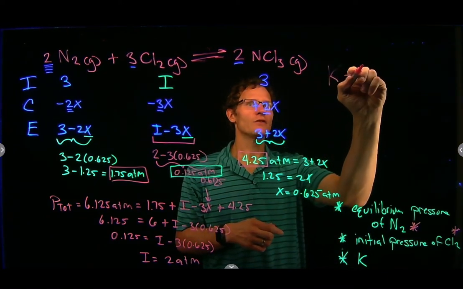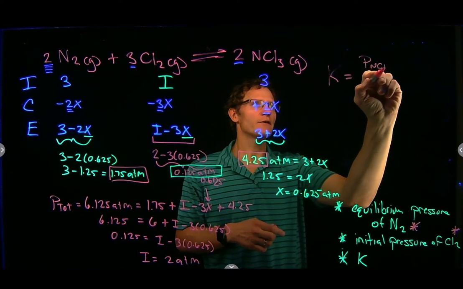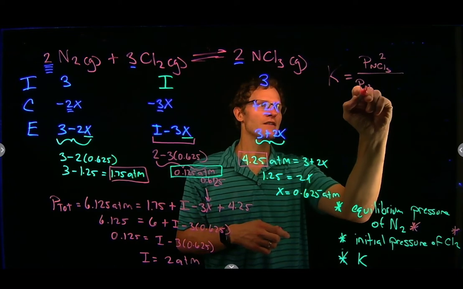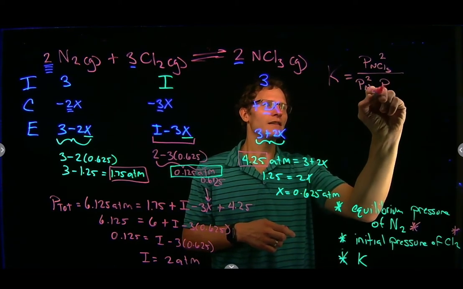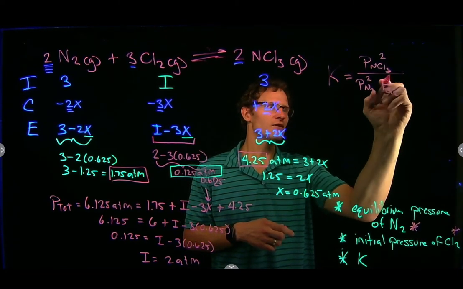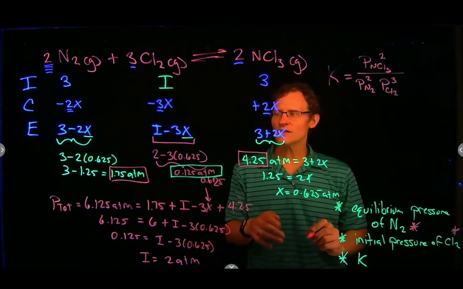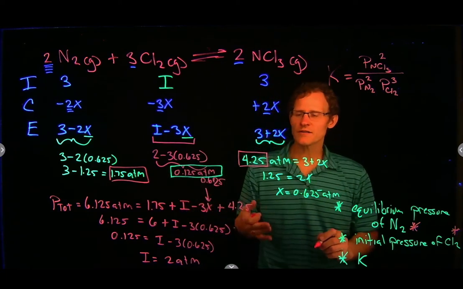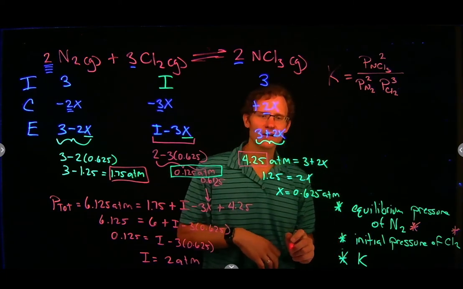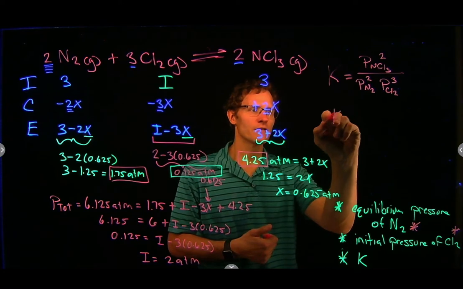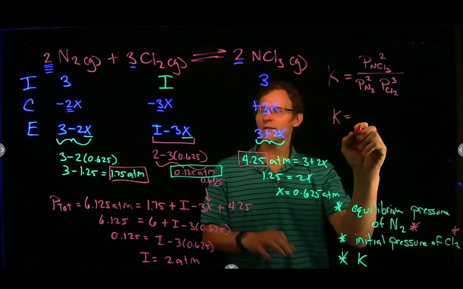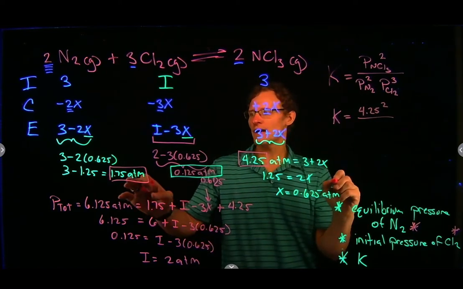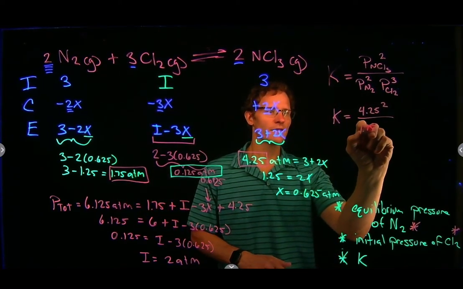K is equal to the pressure of NCl3 at equilibrium squared divided by the pressure of nitrogen at equilibrium squared and the pressure of chlorine gas at equilibrium cubed. We know all these values. Nitrogen is 1.75, chlorine is 0.125, and our nitrogen trichloride is 4.25. So K equals our 4.25 squared divided by 1.75 squared